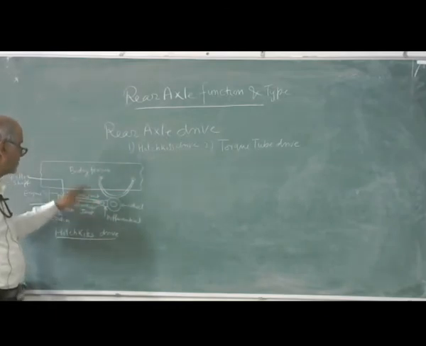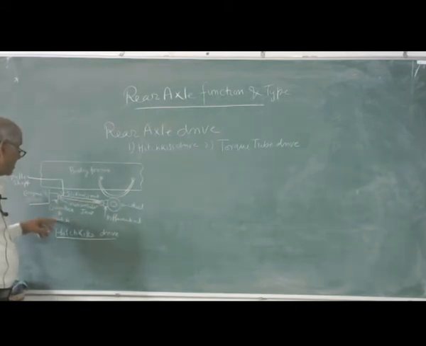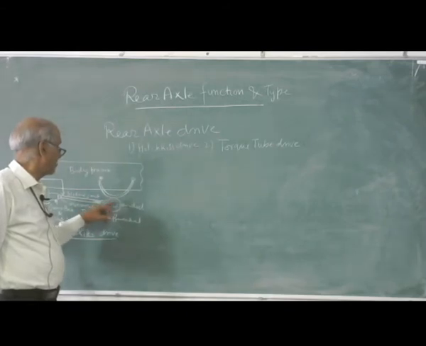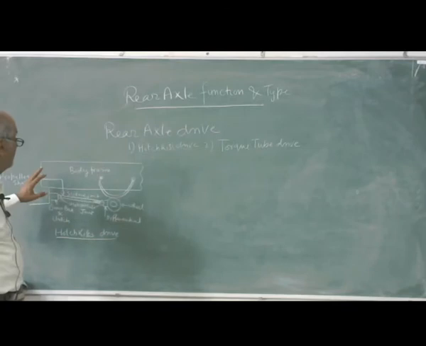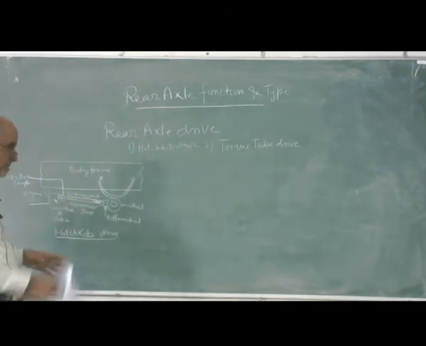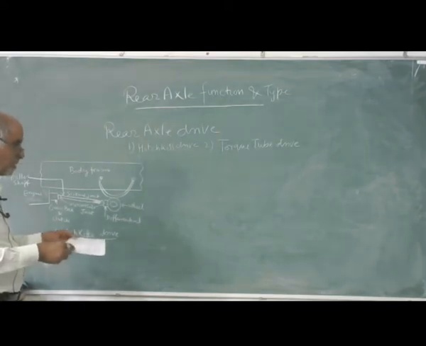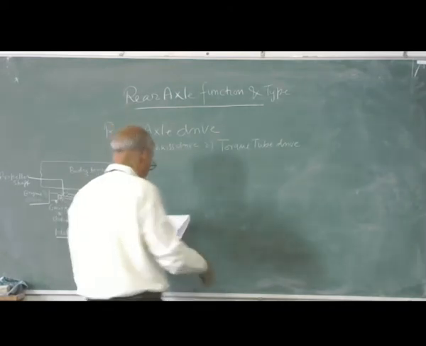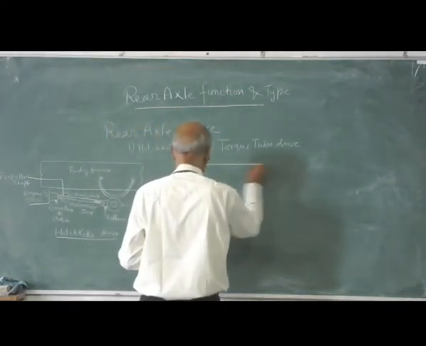So it is adjusting. So we have two universal joints and one propeller shaft, gearbox and clutches, then the differential is there and power is being transmitted to the wheel. This is your Hotchkiss drive. Most of the vehicles are using this. Another one is your torque tube drive, which is also common and is being used. Torque tube drive, I am going to draw a sketch for that also.